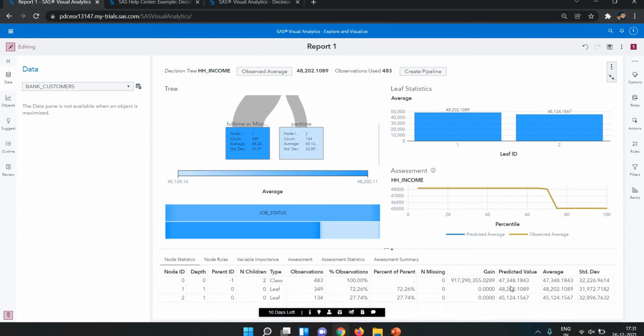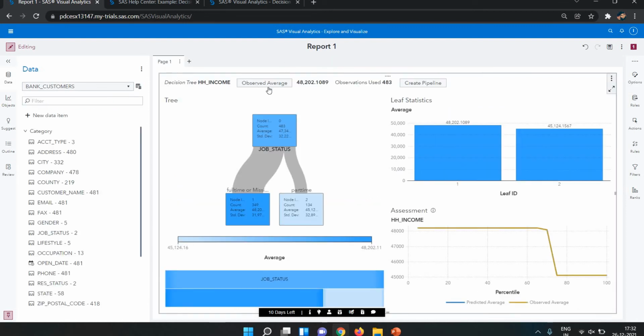The predicted value for full time is 48,000, and for part time 45,000, and this is the average of both. Okay, and above we have the detailed view of the decision tree, where we are seeing income wise, and the observations used are 483.